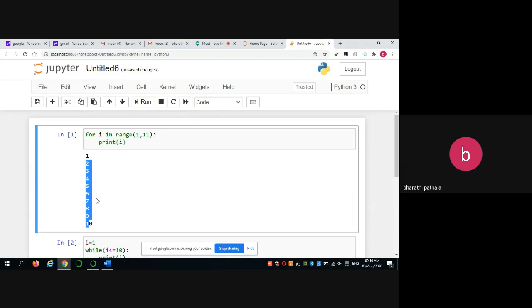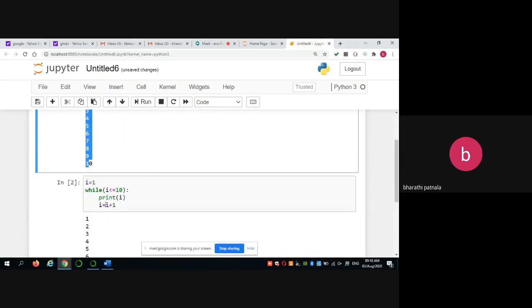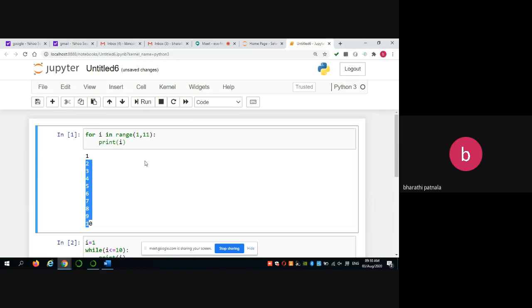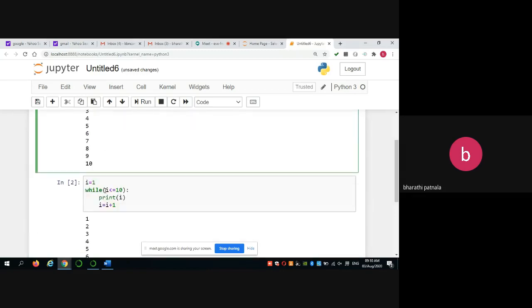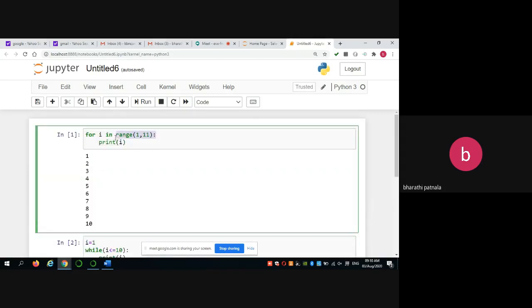But the logic of implementing the code is different. Someone may write using for loop, someone may write using while loop. At that time, which one is preferable? It is always preferable to use for loop when you know the block of statements is executed in a sequential manner, that means a known number of times. See the difference? Here, you have to use initialization and you have to write the condition and also you have to write incrementation. Out of all these, we can mention them in a single statement: the initialization, the condition and also the ending statement. So at that time, we have to use for loop.